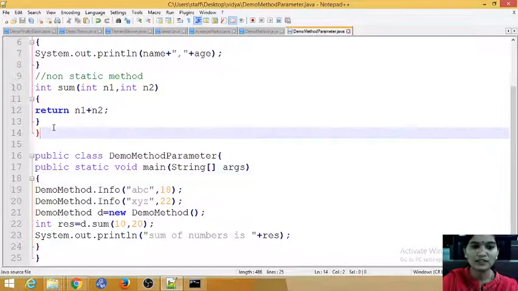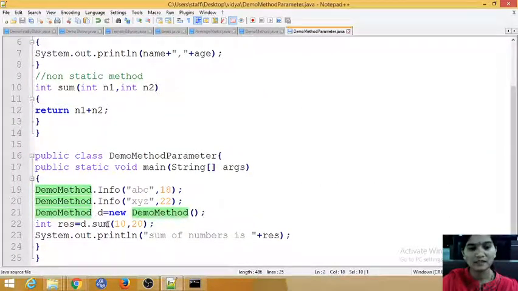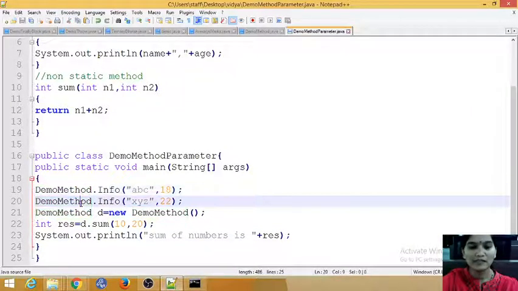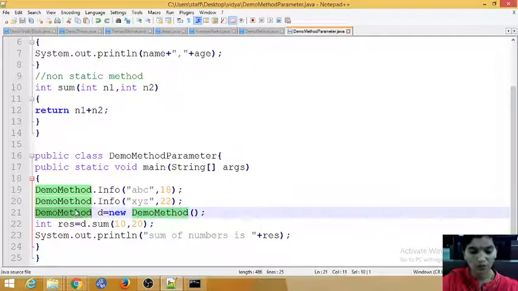So now you have changed the class. So this is a different class and your main method is present in a different class. So before, the scenario is what? Everything is in a single class, you directly use the method name. But here you have a different scenario now. So now your methods are in a different class, your main method in a different class. That time you have to use the class name for your methods. That is compulsory, and you have to create an object of that class where your methods are present.